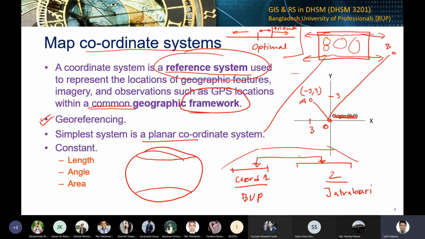So that's why, except for the equatorial region, in most cases, when we transform this three-dimensional thing into a two-dimensional plane, we stretch out these parts. That means they get distorted. Distorted means it gets a little deformed. So while doing so, we have three options to preserve: length, angle, or area. We preserve these things while doing the measurement.